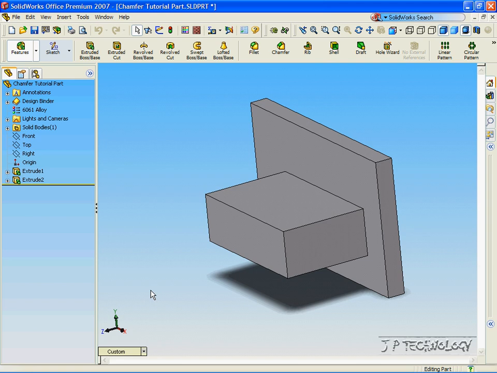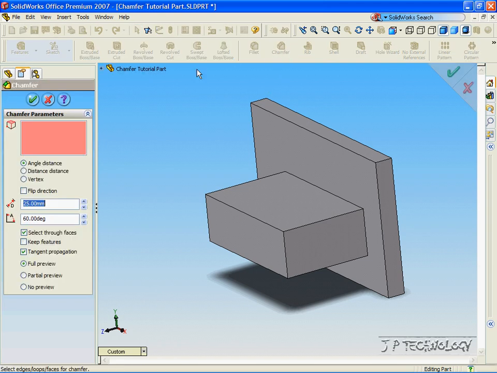This is tutorial 15, and it is the chamfer angle and distance feature within SOLIDWORKS. To start off, open up the chamfer tutorial part, which I have included on the DVD. Once that's open, let's click chamfer, click angle and distance, and let's change the distance to 10 millimeters and the